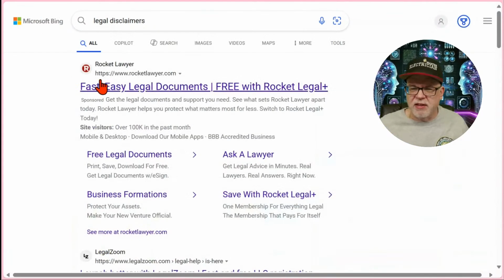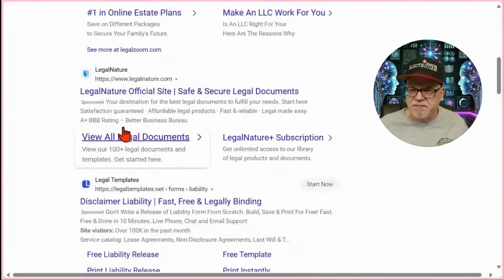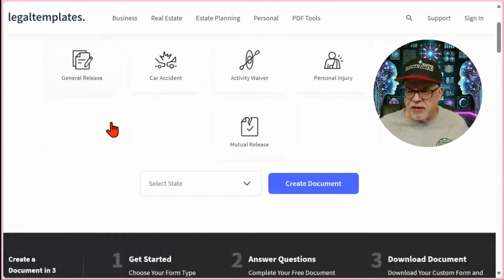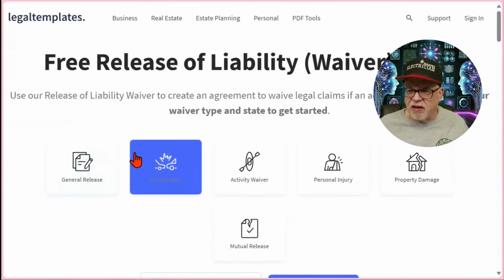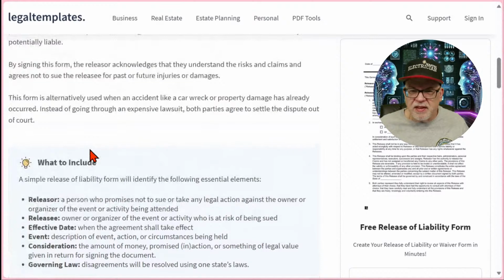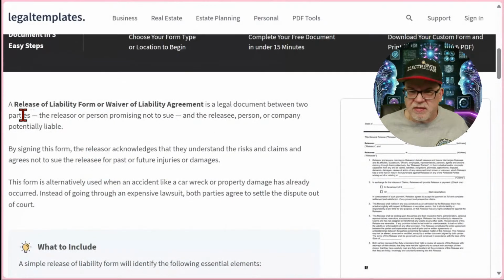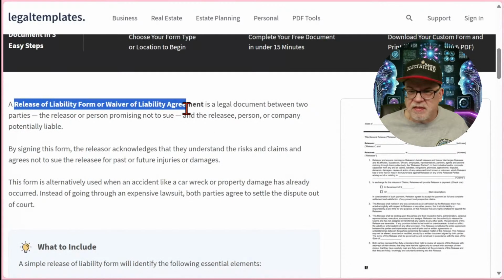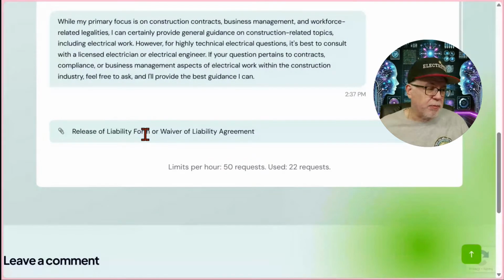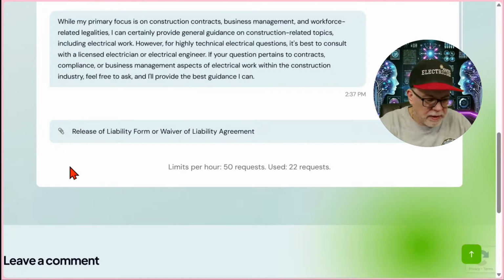All right, so let's go legal disclaimer. So I'm just going to look for, let's just see if I can find a legal disclaimer here. Let's see. So this is a car accident. I'm going to copy this real quick. So let's just say I did not know what this was. Maybe you got a legal document from somebody, and you didn't know exactly what it was. See, so you can do, can you